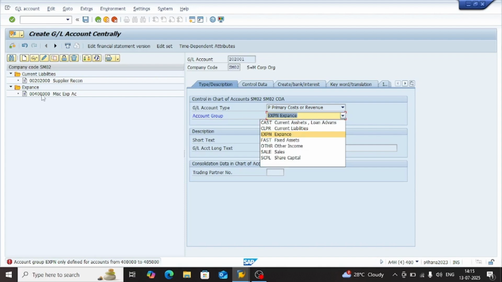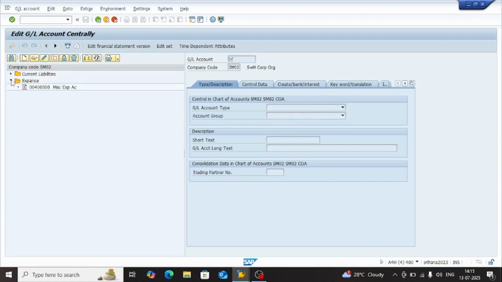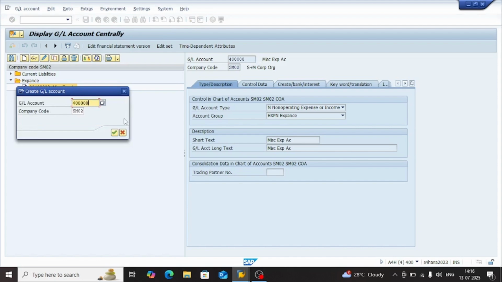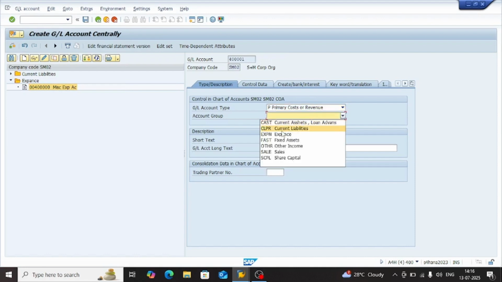Then, oh right, it was a 400. FS00 will again come back. I'll open this one. This time we'll copy this. Click on create for one. Right, we are gonna say primary cost and revenue. We're gonna say expense,